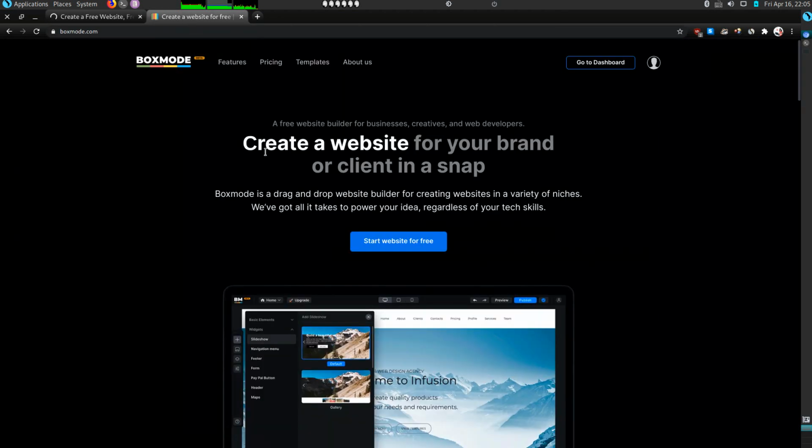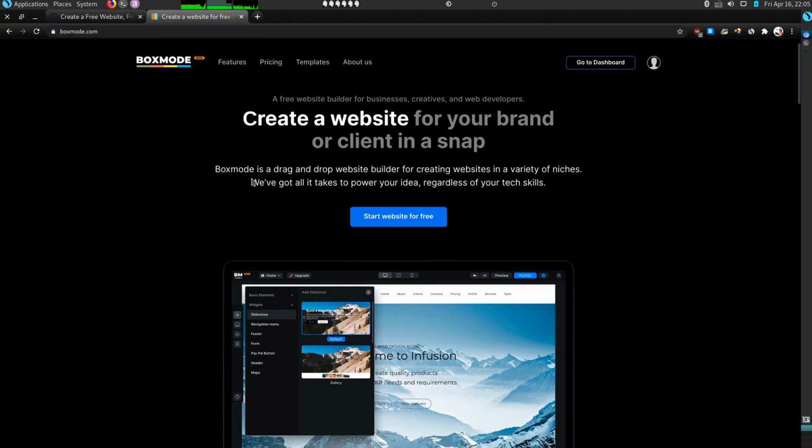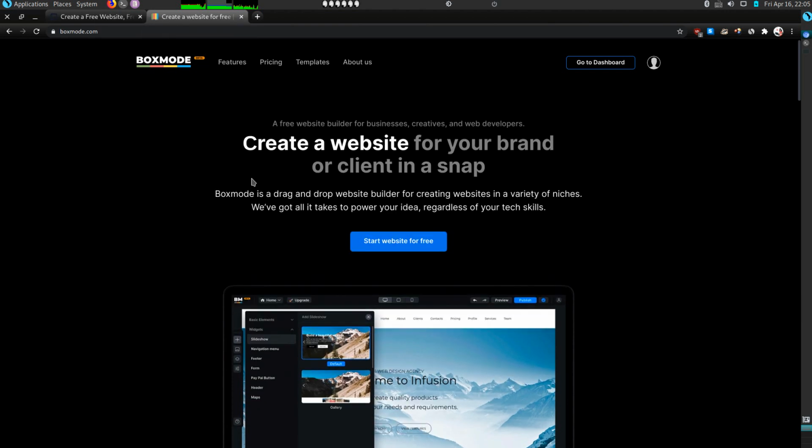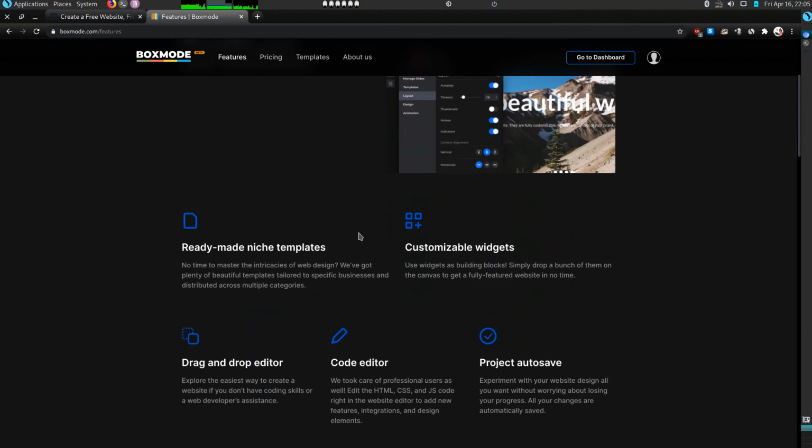If you come to Boxmode's homepage, we're going to focus on the features, pricing, and templates, and the same goes for OLITT. As OLITT loads, we can start with Boxmode. Boxmode is a free website builder for businesses, creatives, and web developers. It's a drag and drop builder and it's a free one. So if we check out their features,